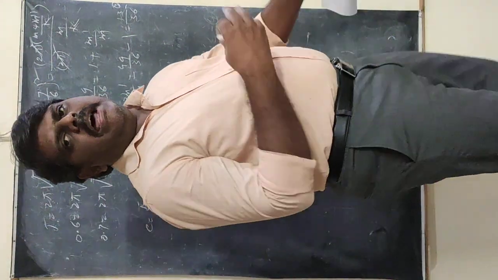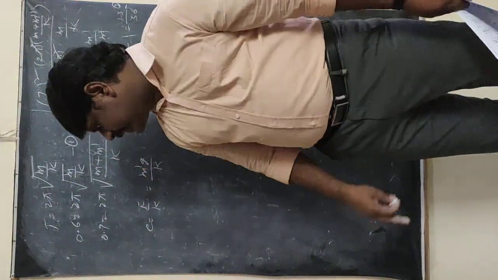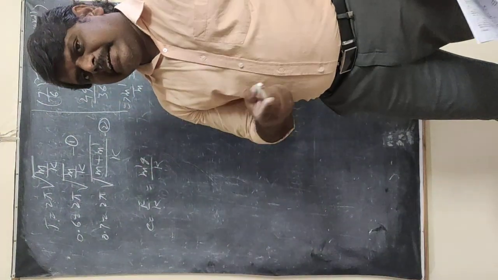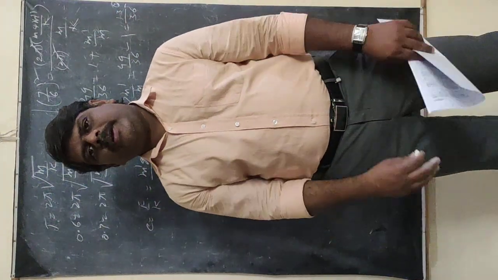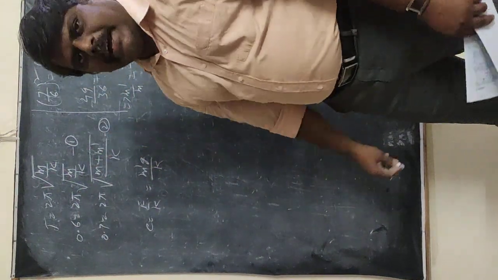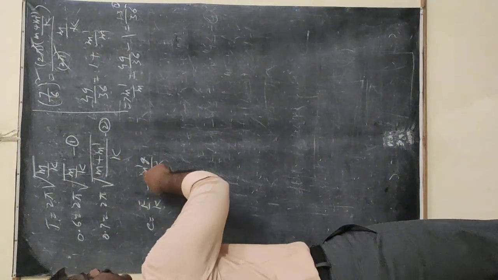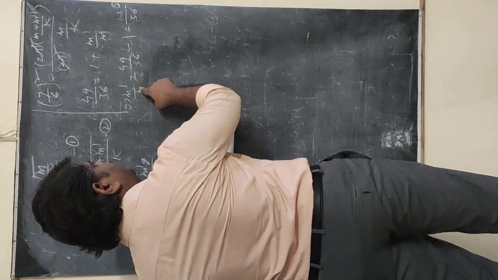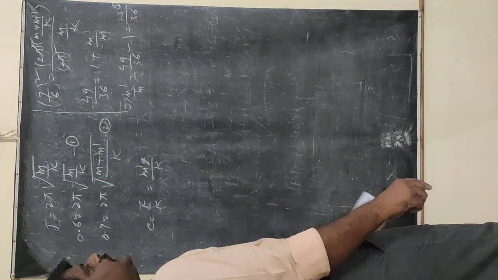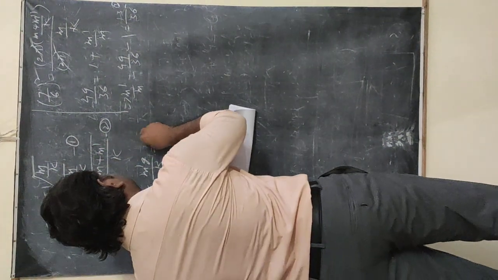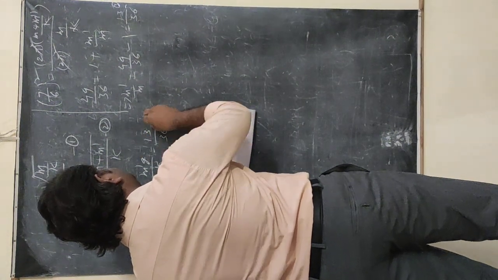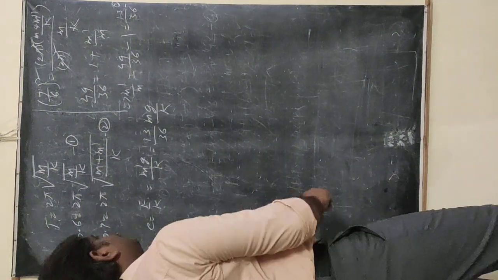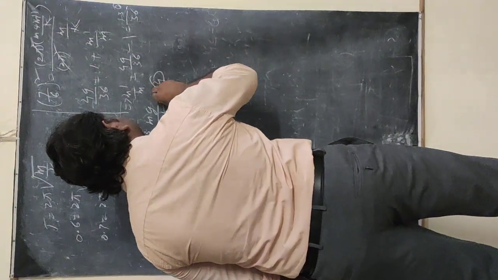Don't be confused here. Elongation equals force by force constant, e equals F by k. F means mg or m dash g, because he is asking the elongation produced when the additional mass is attached. What is the additional mass attached? We have m dash. Now go and simplify this equation. m dash equals, from equation 3, 13 by 36 into m. So e equals 13 by 36 into m into g by k. You can call it equation number 4.